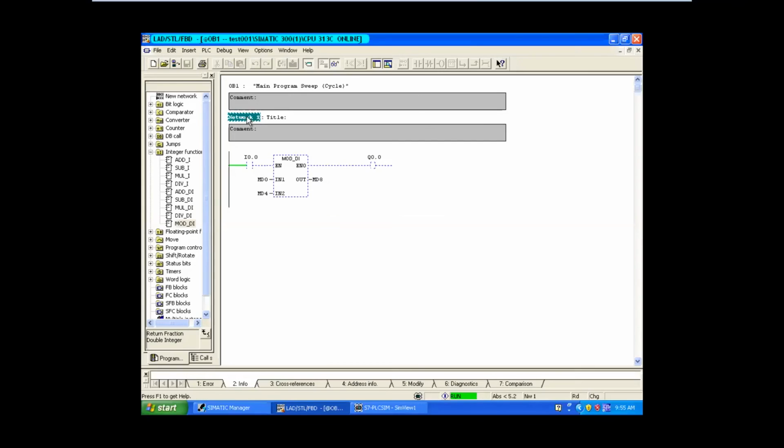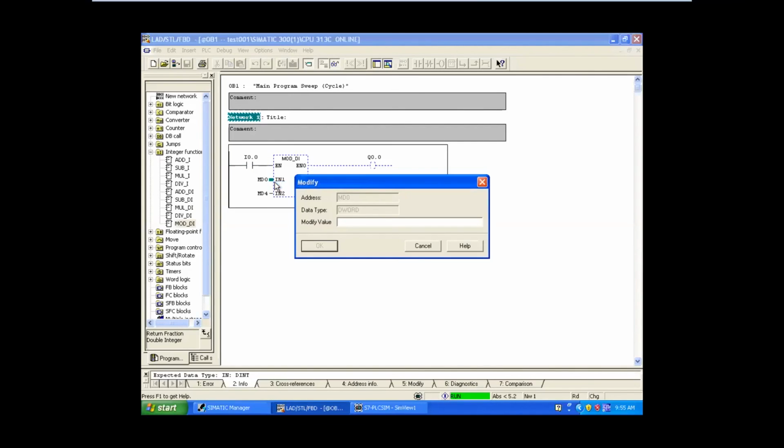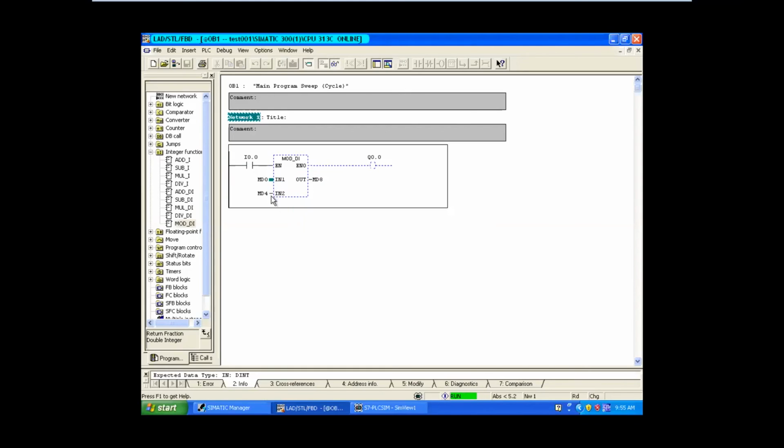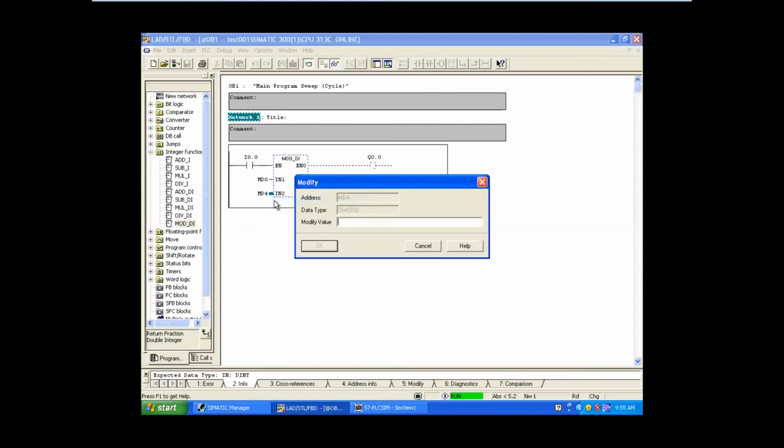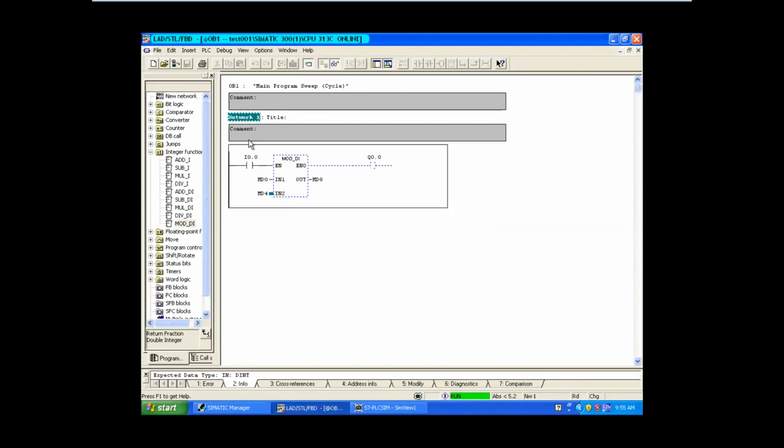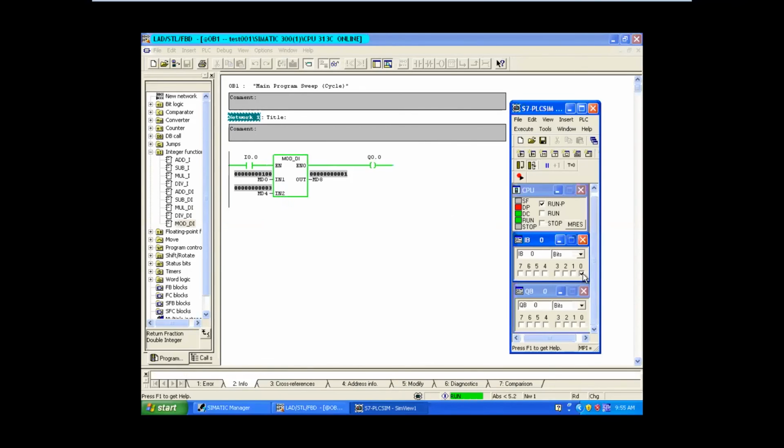For understanding, I'm just giving a small number. I'll give 100, and here I'm going to give 3. So what is 100 by 3? What is the remainder we are having? 1, correct? Let's see. Can you see? Mod function will give the remainder value. It is giving 1 as the answer here.